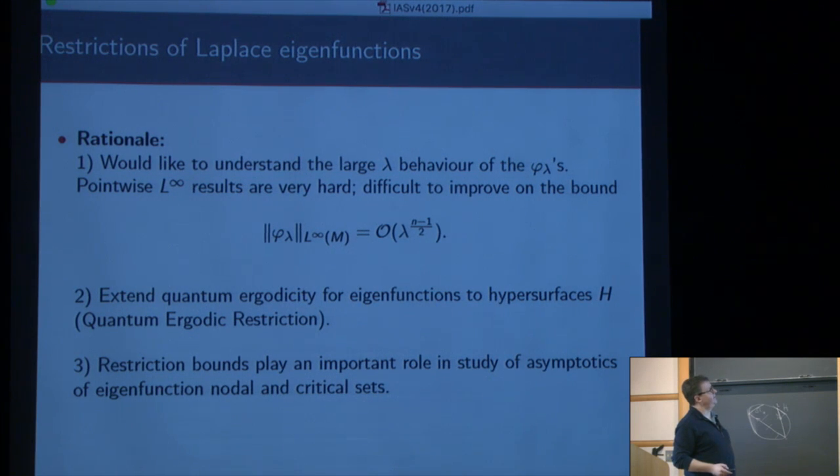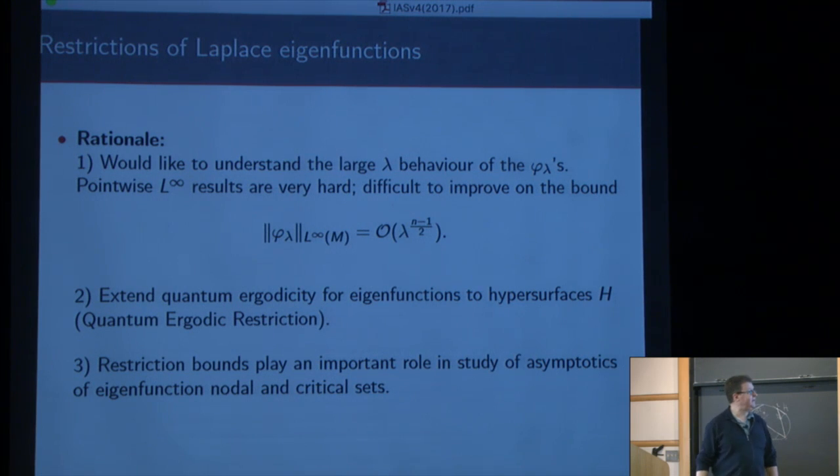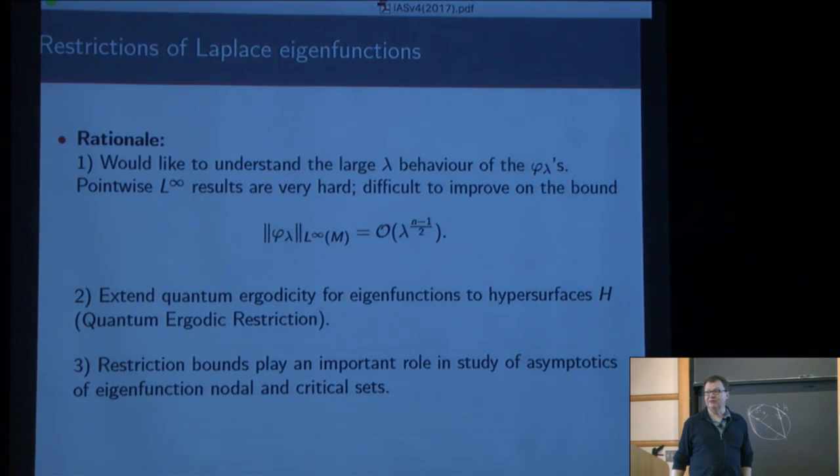Well, I like to do L infinity results, but they're very hard. There are very few results of Iwaniec and Sarnak that give polynomial improvements. In the arithmetic case, there are some improvements in the integrable case. You can prove them, for example, for Liouville metrics on tori, but very few polynomial improvements are known. Even for negatively curved surfaces of variable curvature, you have a log improvement, and we've been stuck with that since the 1970s. So it's difficult. To be honest, restriction bounds are somewhat simpler because you are integrating.